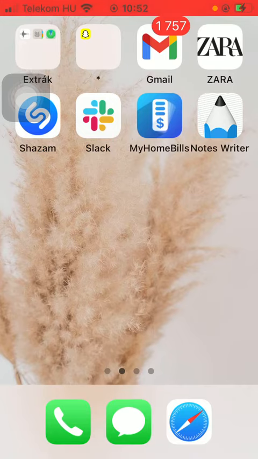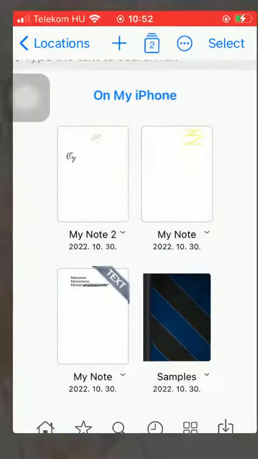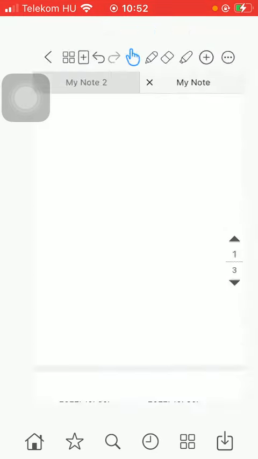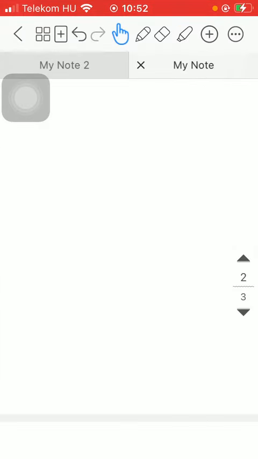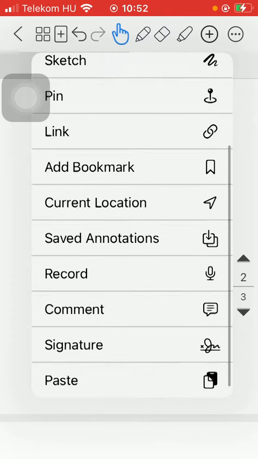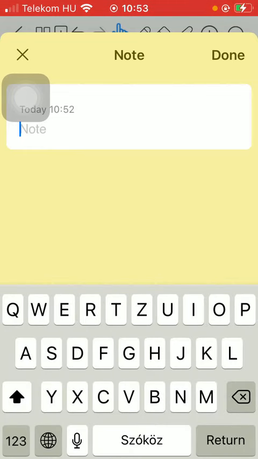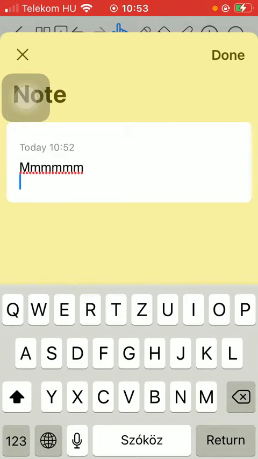First of all, open the application on your phone. Select a note that you have created and click on the plus icon at the top of the screen. Then you should scroll down and click on the comment option. Here you should type in your comment to this white box and then tap on the done button at the